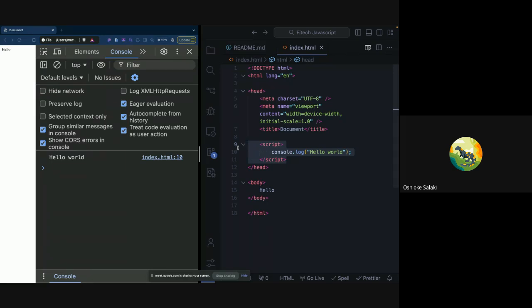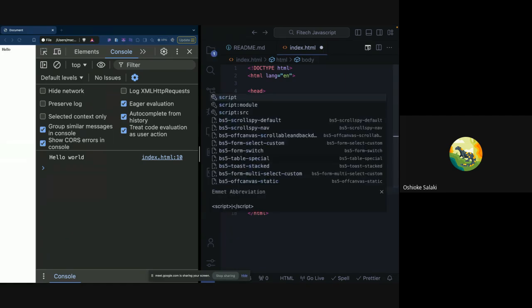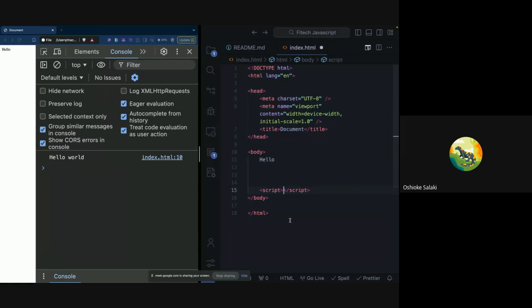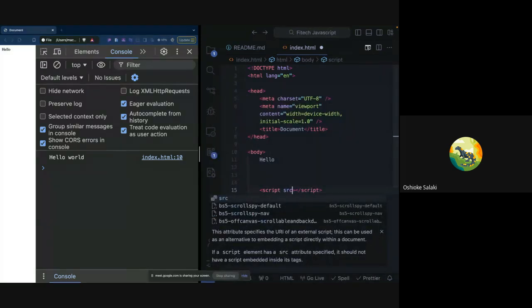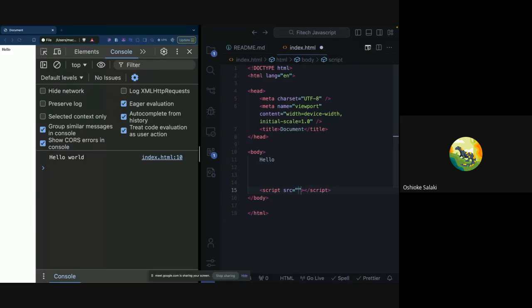The way you can do that is by using something called external scripts. How you do that is, just below your body, just before the closing tag of your body, you're going to make use of the script tag here. But in this instance, there isn't going to be anything in between the script tags, but rather we're going to make use of the source attribute. We are going to specify a source,